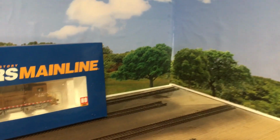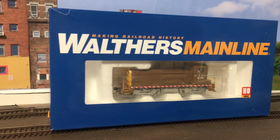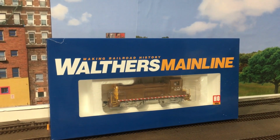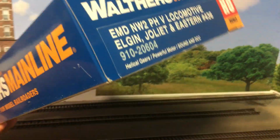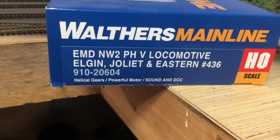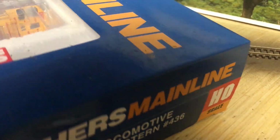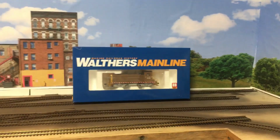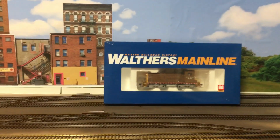And I also picked me up a little switch engine. This is a Walthers Mainline locomotive. I picked it up from trainswithaz.com. We've talked about them in past videos. What's cool about this little locomotive is it has sound and DCC. It's got an ESU LokSound decoder in it, and I picked it up for less than $150. I forget exactly what it was with